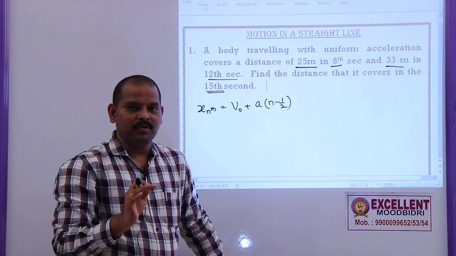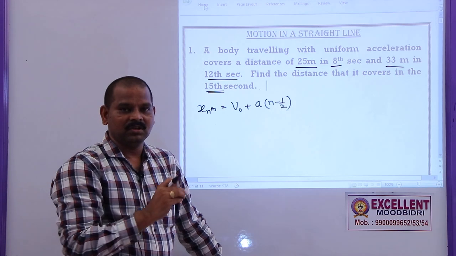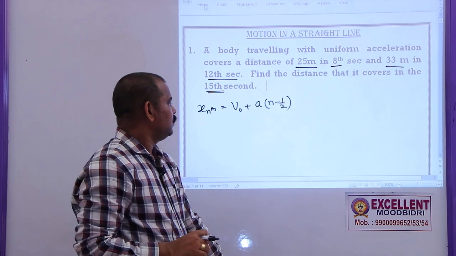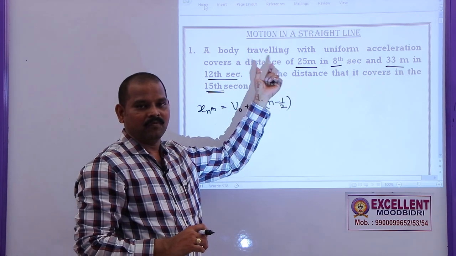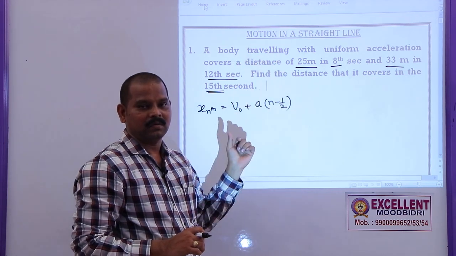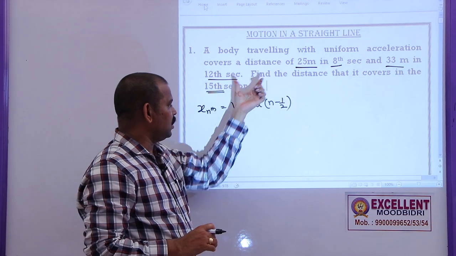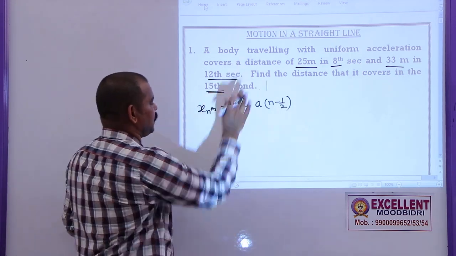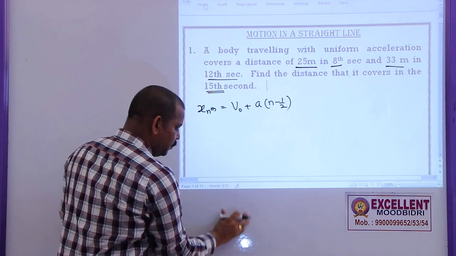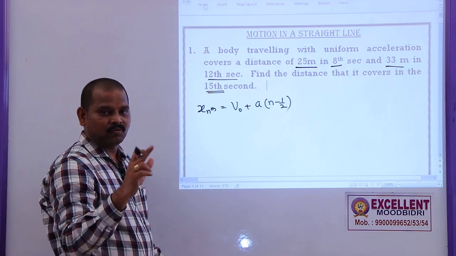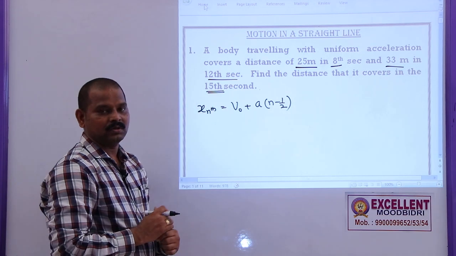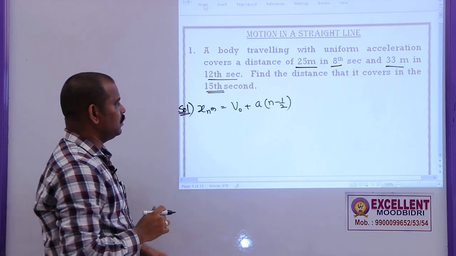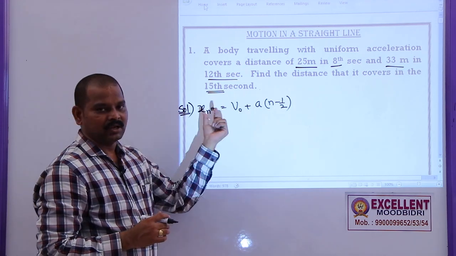Remember students, in the PU board, if you see the question paper, the first instruction will be: never solve a problem without writing the relevant formula. That means a problem solved without writing the relevant formula carries no marks. If you solve this problem without writing this formula, even if you get the final answer, you will get only 0 marks for this 5 marks question. That is why please remember, whenever you are starting any problem, first you need to write the corresponding formula.